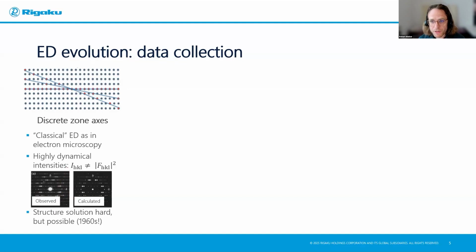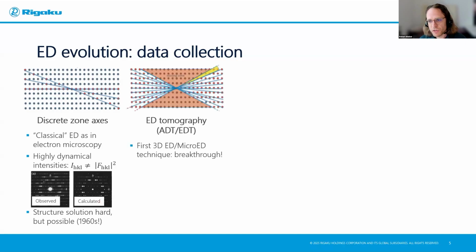Still, it has been shown that it's possible to solve structures from this data. This has just not really been recognized a lot, especially in the 1960s by Weinstein in Moscow. Well, the big paradigm change came with the realization that you can get much better structures and a much more